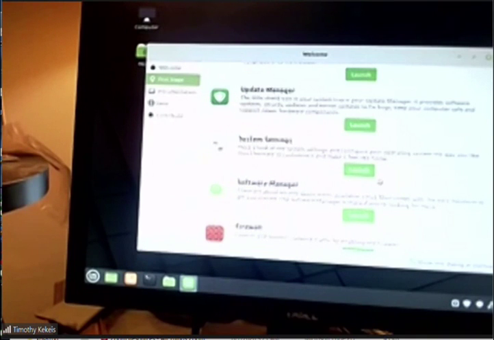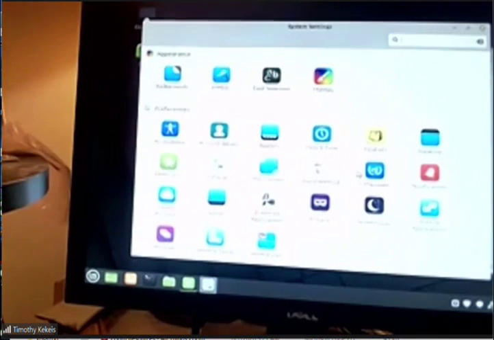Now, the next thing I'm going to do is come down to system settings. I'm going to launch that. And by the way, what I'm doing there by not rebooting right away doesn't hurt a thing. At least I have never had a bad experience. Now, on appearance, backgrounds,